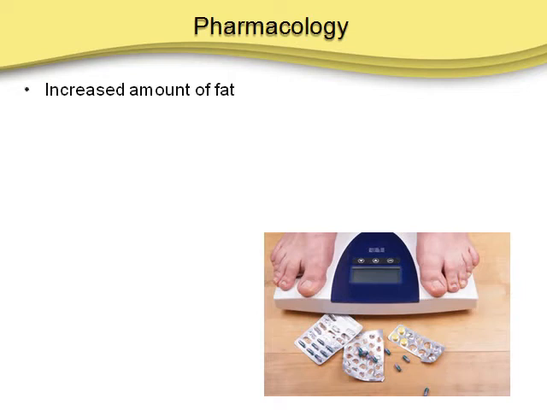Obese individuals have an increased amount of fat compared to non-obese individuals of similar age, height, and gender. The increased fat mass increases the volume of distribution of highly lipophilic drugs. The apparent volume of distribution for a fat-soluble drug, such as thiopental, is increased because of the lipophilic nature, and therefore the dose should be increased, but a raised volume of distribution also results in reduced elimination, resulting in prolonged